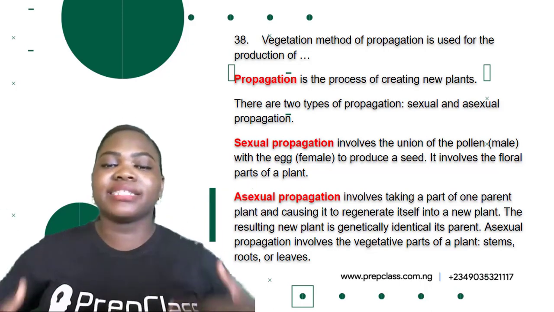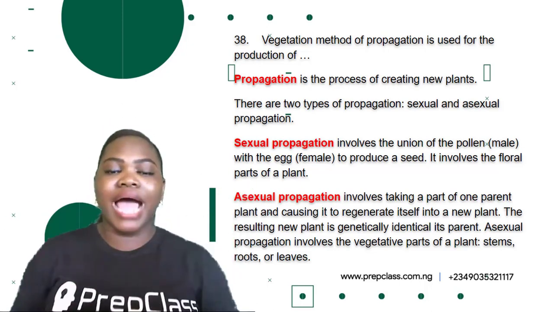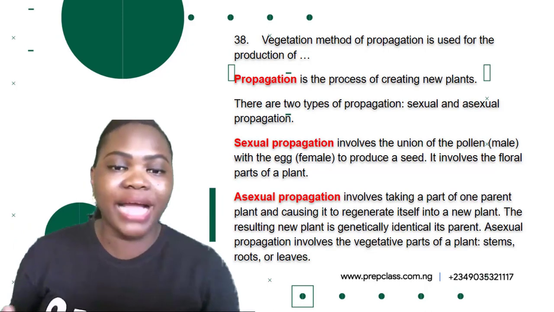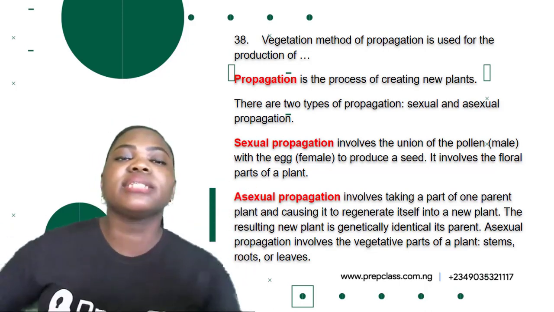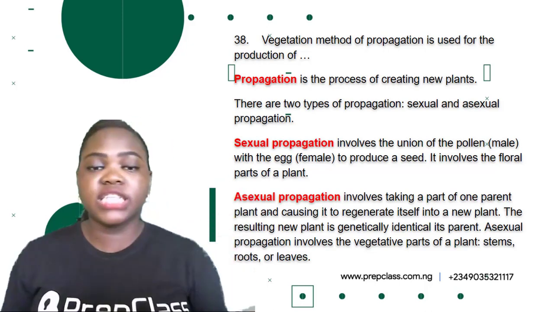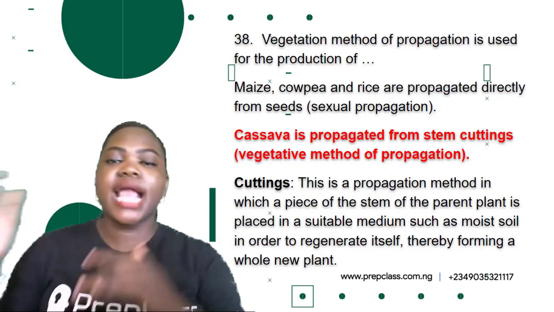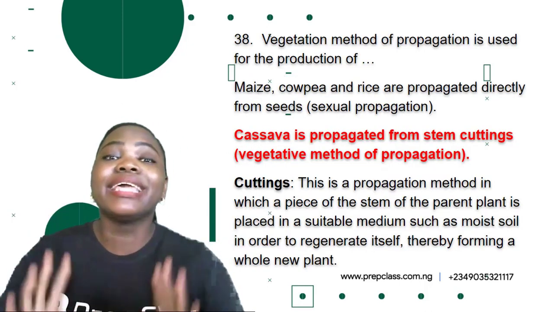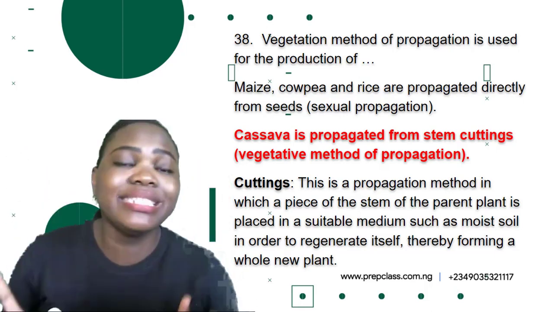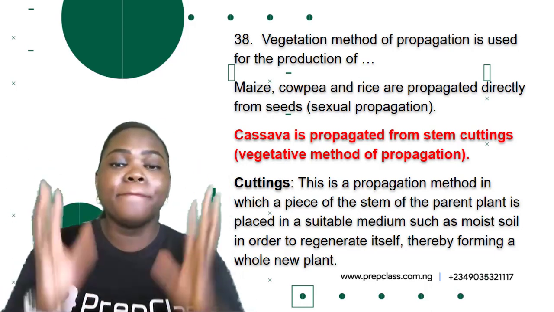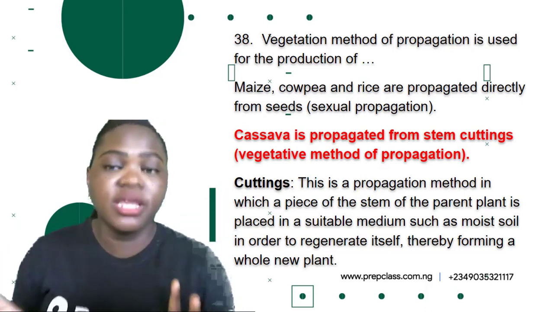So this is why asexual propagation is also known as vegetative propagation. So it's either you call it asexual or vegetative propagation. All right, so of the options, maize, cowpea, and rice are propagated directly from seeds. So they are propagated by sexual propagation because